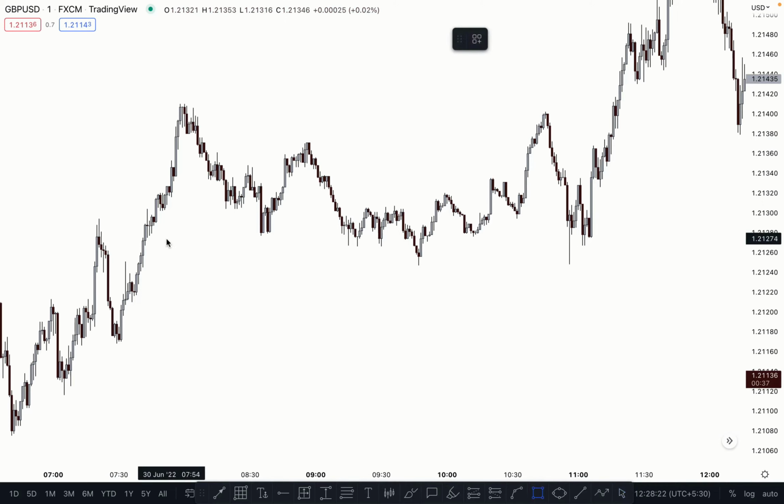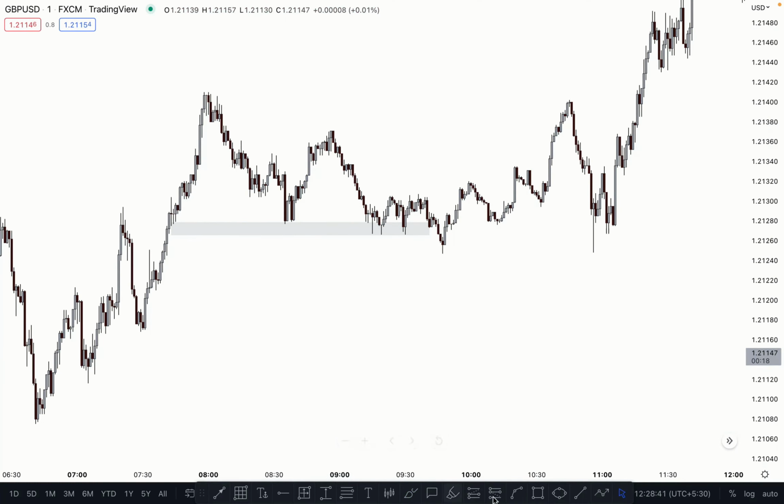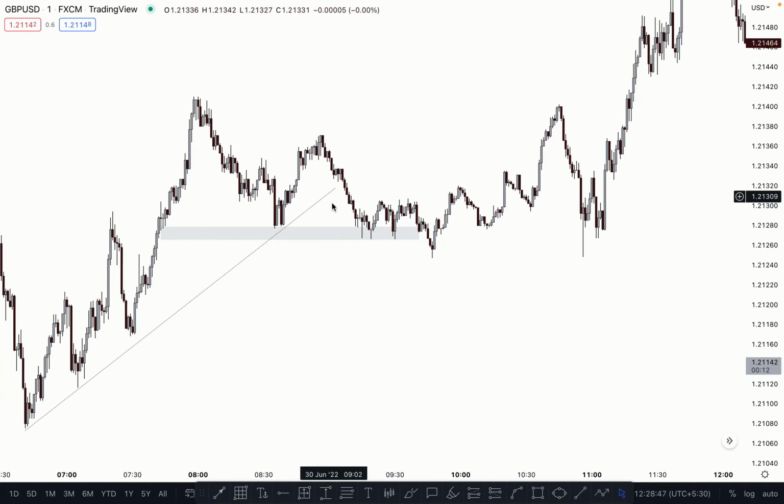You can see here, this is a demand zone. One person is looking here to buy, because they expect price to tap here multiple times and go higher. But another type of trader is trading based on the trend line. They expect price to break the trend line and they are looking here to sell, and after this zone is broken, everyone is looking here to sell.